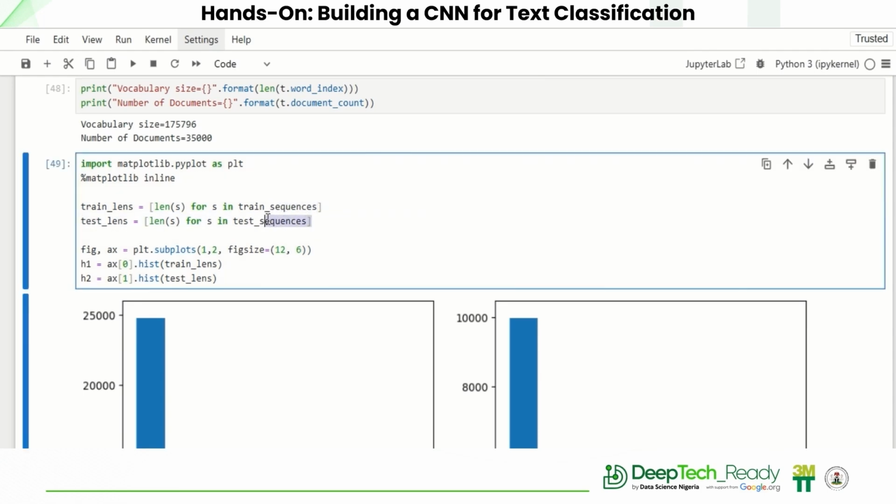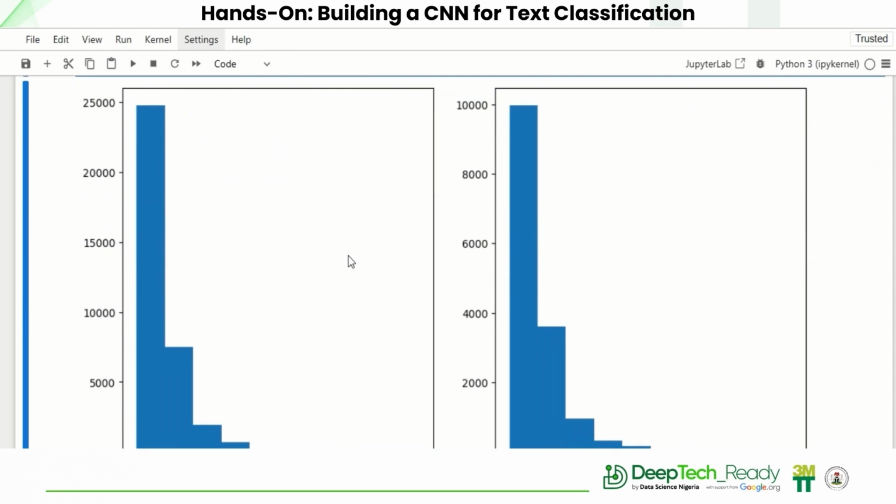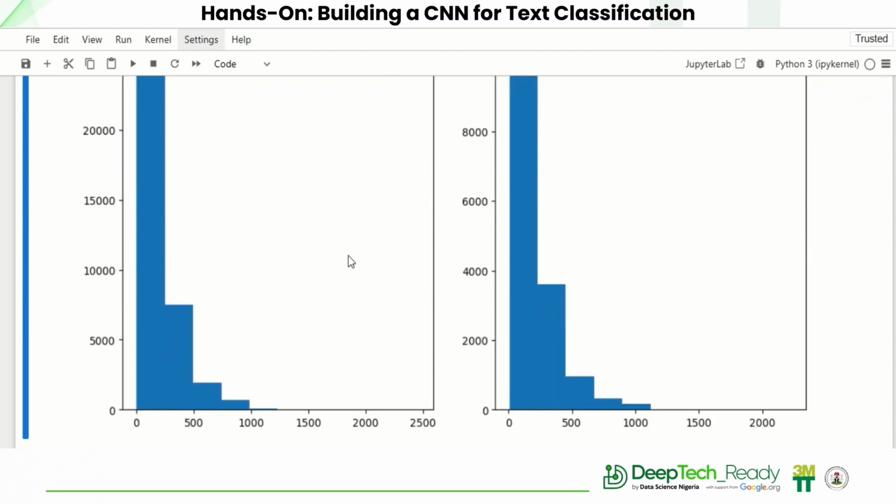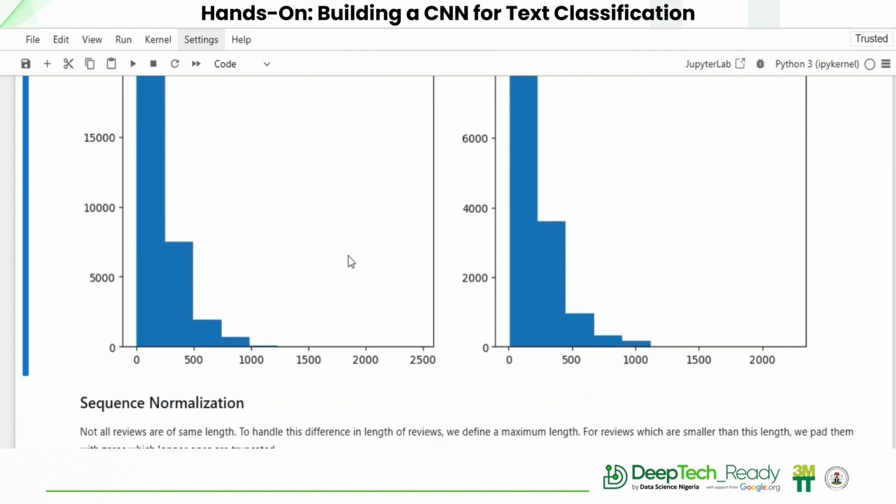And why are we doing this? This will help us to understand the variability in the review lengths. Okay? What's the length of the reviews? And this will aid us in deciding the appropriate sequence length for padding or truncating. So you don't just want to blindly truncate or pad. You have to look at the frequency of the words and the number of text. And from here you can see that maybe picking the length to be 1000 should not be a bad choice,